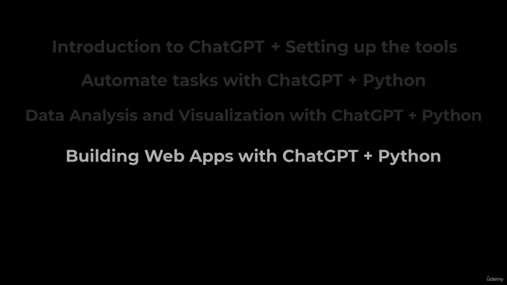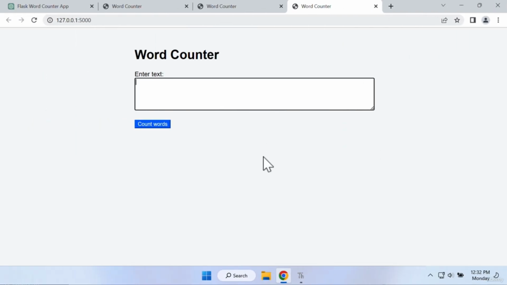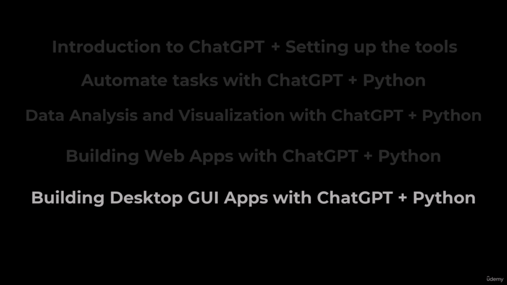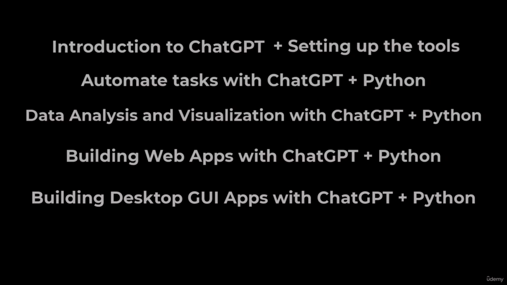After that, you learn how to build web apps and then desktop GUI apps. So basically, you learn how to build all the popular types of programs using ChatGPT and Python. With 5 comprehensive sections, you'll get hands-on experience building real programs, and by the end of the course, you'll have the skills to write accurate queries to communicate accurately with ChatGPT so that you can get working Python